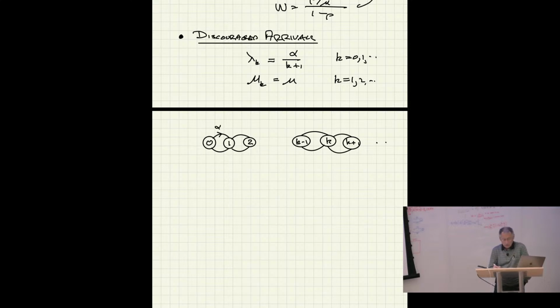When there's 1 in the system, at what rate are people arriving? K is 1, it's alpha over 2. When there's k minus 1 in the system, they're arriving at alpha over k. When there's k, it's alpha over k plus 1, etc. And mu is always the death rate. Now, as you suggested, I'll now use my inspection method. That's one way. I would draw a circle, say around this guy,